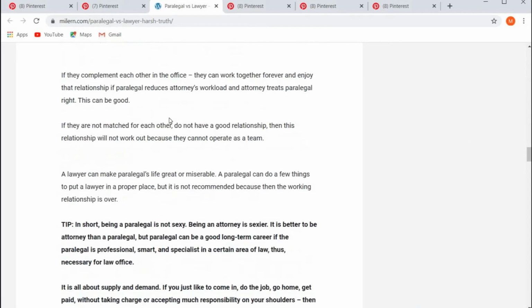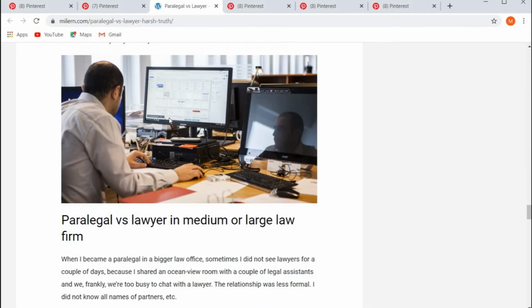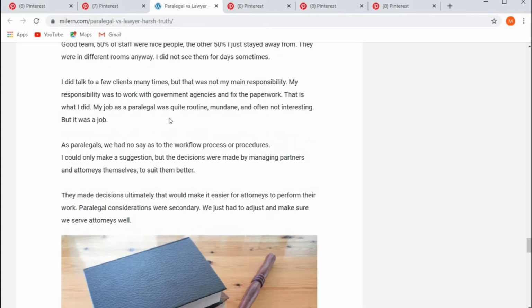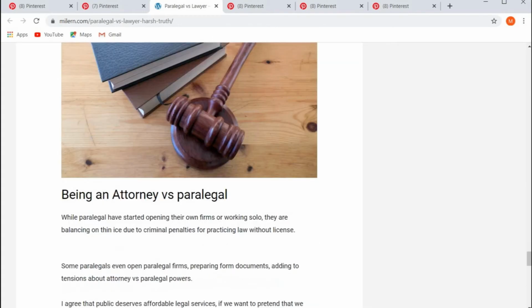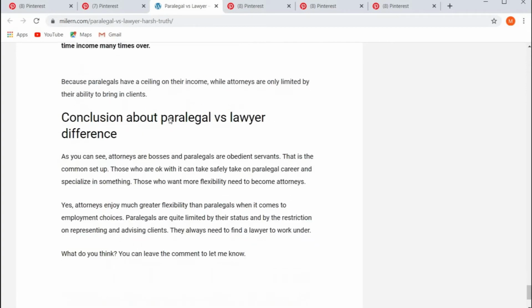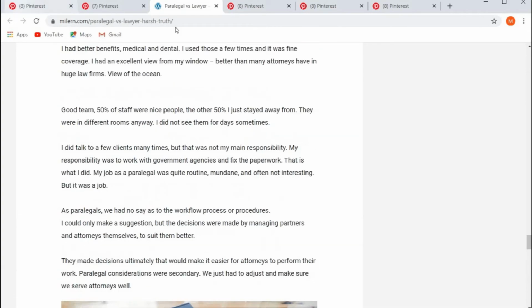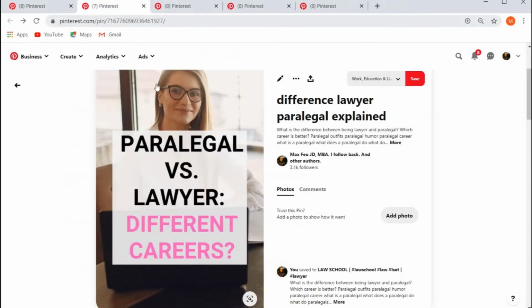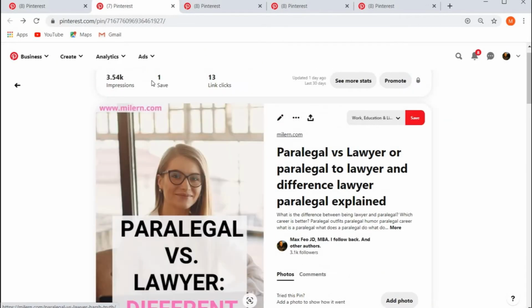This is an article, so people read it. It looks not perfect, but it looks okay. I have some design issues here, but at least the content is more or less okay, because it comes from the heart and experience. So this pin is not going to be very viral, but it's going to continue to get more and more saves, and it will slowly gain traction in the next year or so.